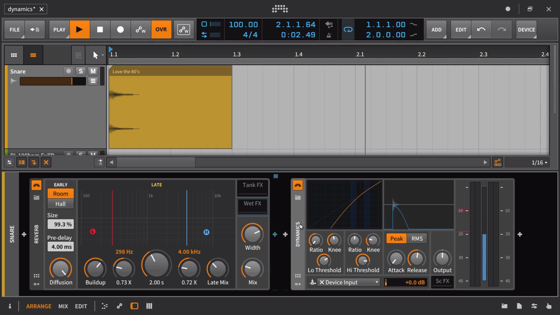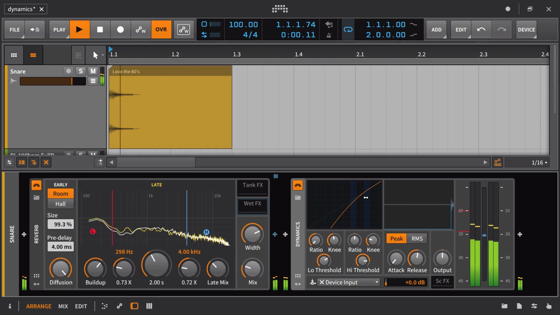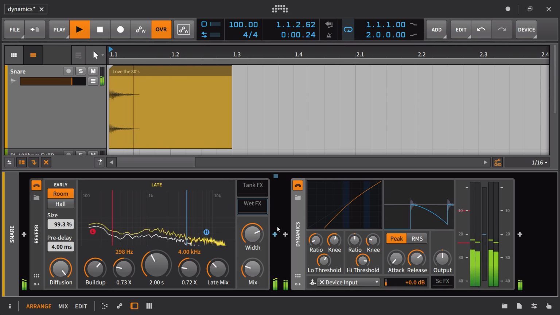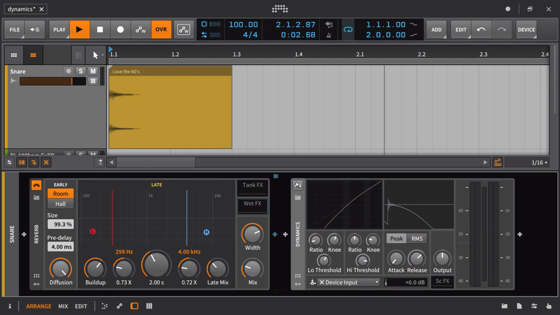So I definitely like working with the dynamics as well. But remember, this isn't really a full-blown gate. This is more of a classic downwards expansion where you're getting that nice smooth sort of decay. And in this case, I would argue that if you did have a lot of velocity variation, you won't have too many problems with this. It should sound smooth regardless, especially if you're doing something broad and sweeping like this. It's always going to give you that nice little smooth decay. And you can see that like so, and we can really smooth it out here as compared to